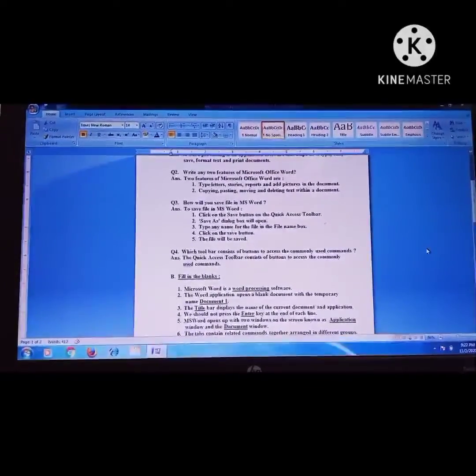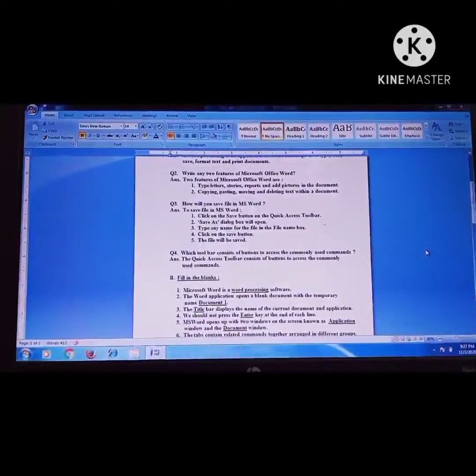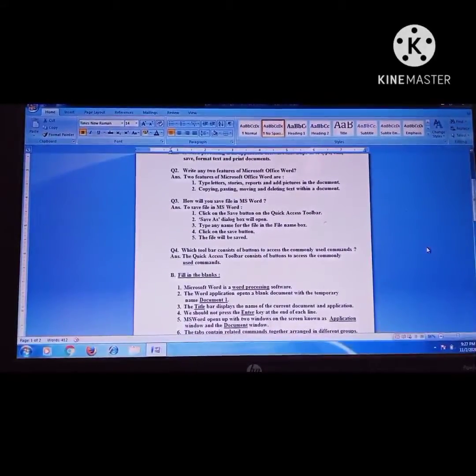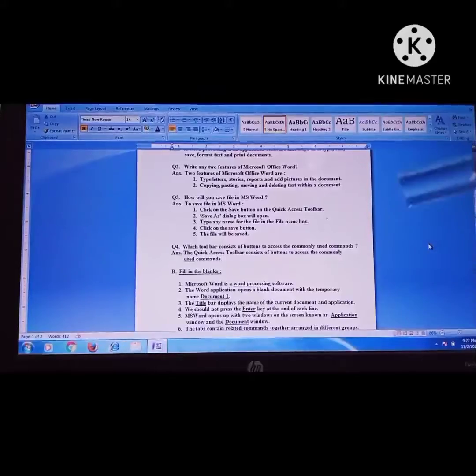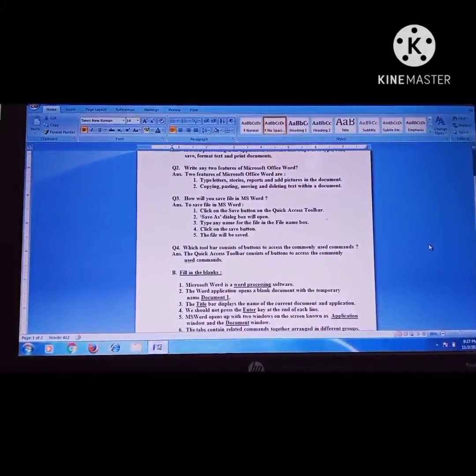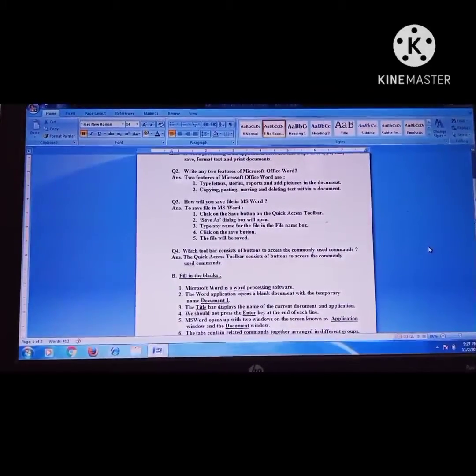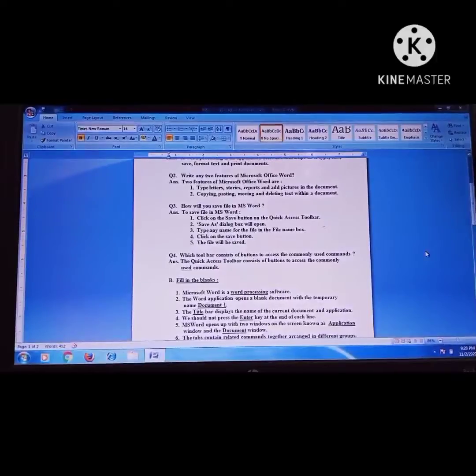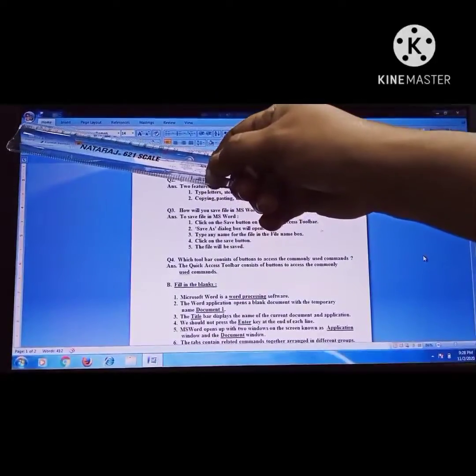Your first topic is creating a new document. Children, this is your old file and you want to create a new document. So what you have to do is click on the Office button. This is your Office button.